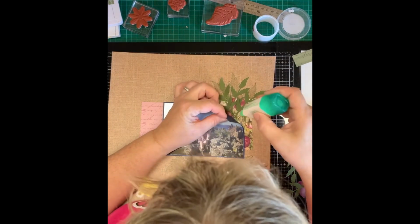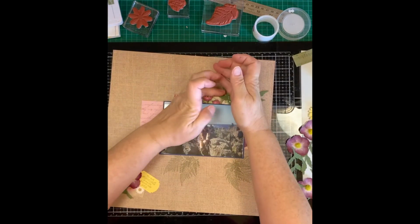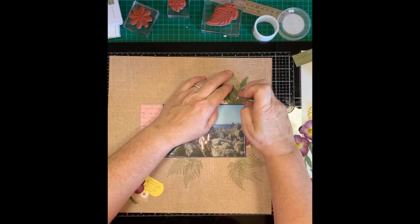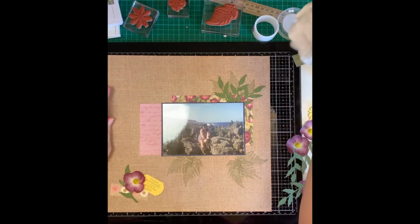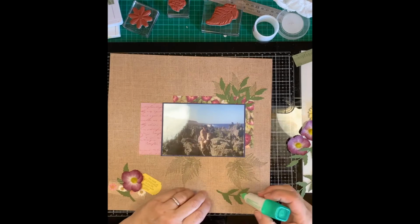And then just put a little bit of glue under there just to hold that down. This glue goes off quite quick, it's quite nice. But what I always have handy is a wet wipe, because you do get a bit gluey. There we go. Okay, so now I'm going to put the leaves down this end,